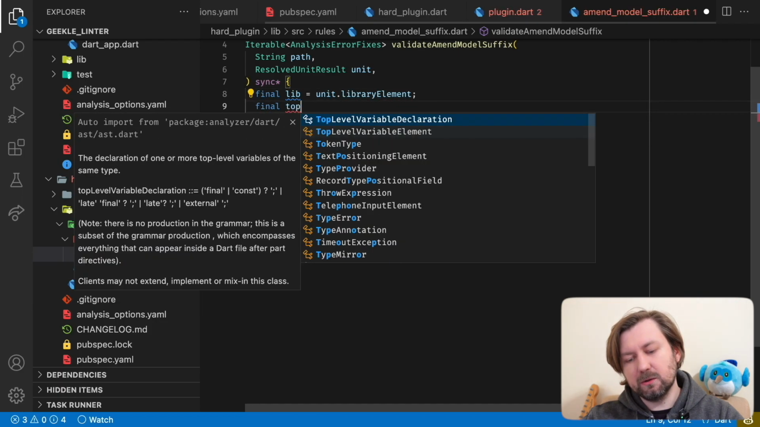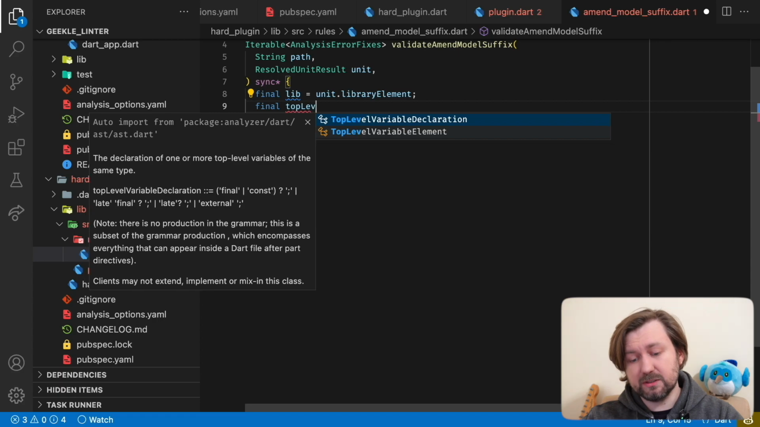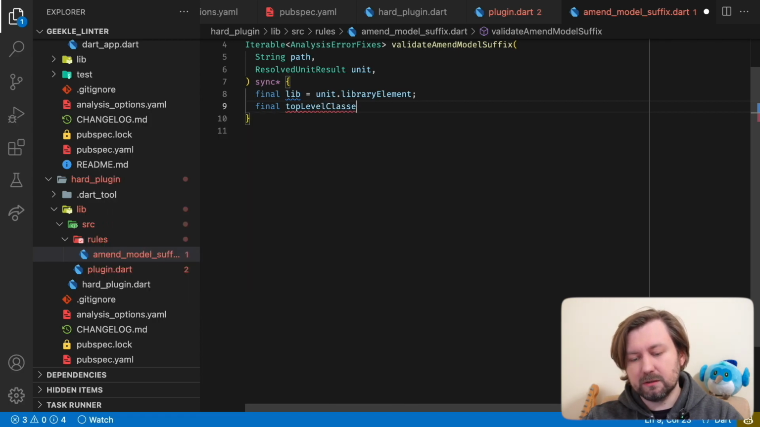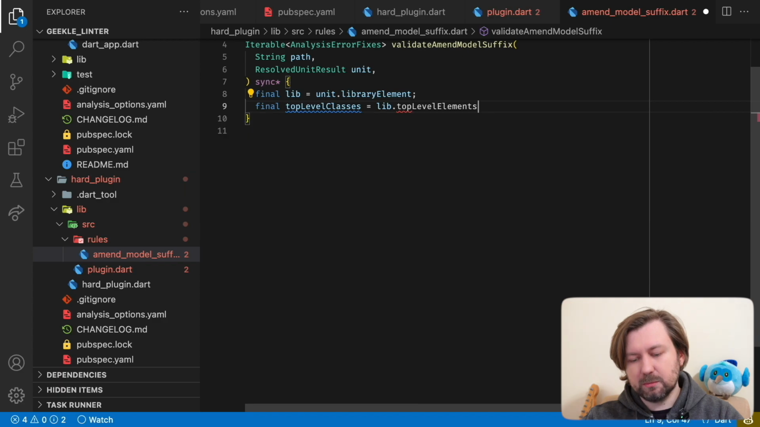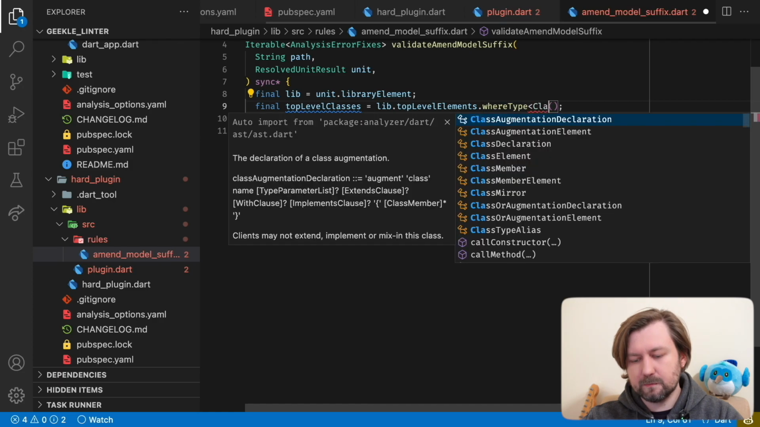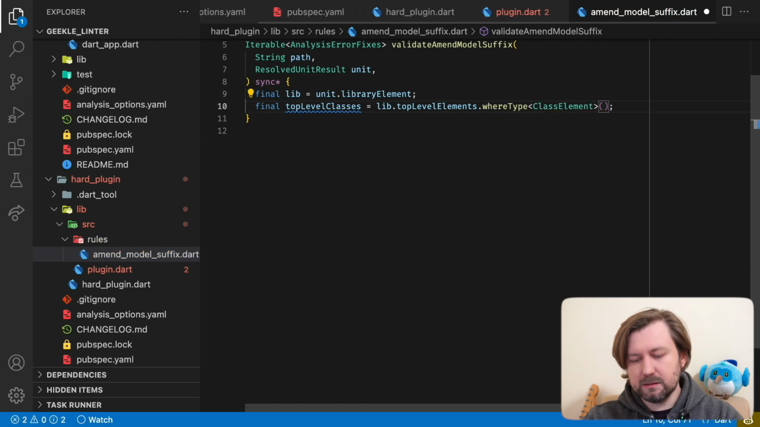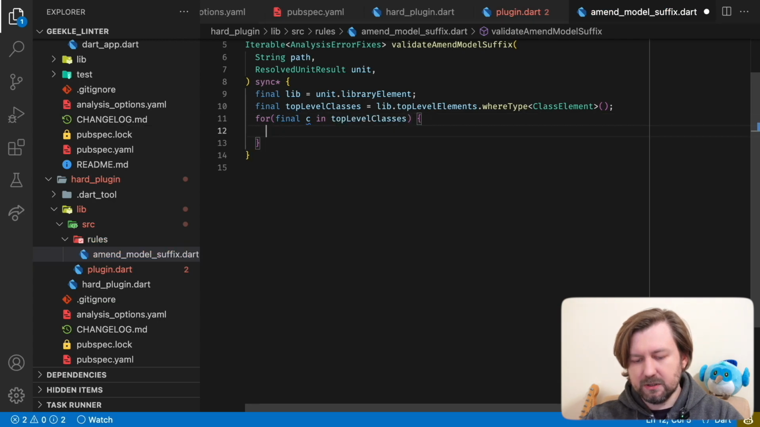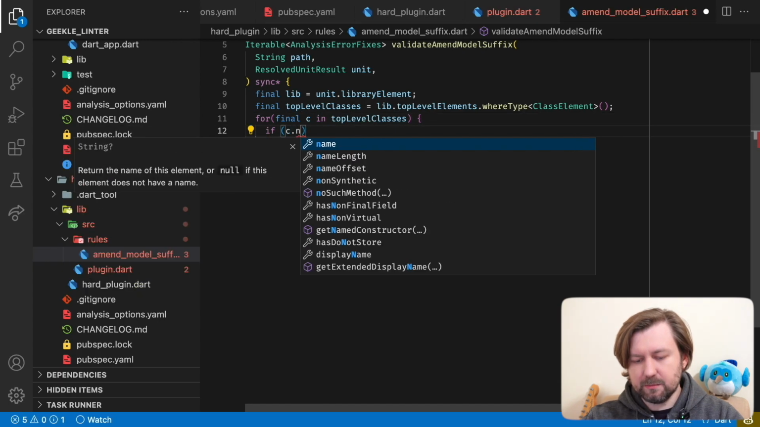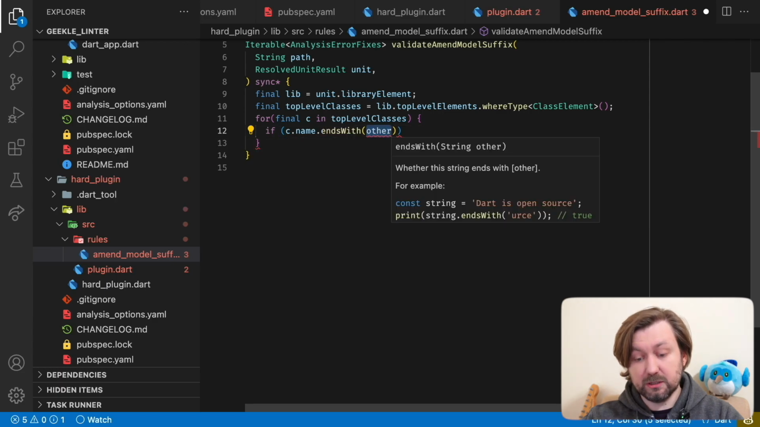Let's get all top-level classes from this library. Top-level classes, library, top-level elements where type, and I will put class element here. And let's iterate through all top-level classes. If a class name ends with model,